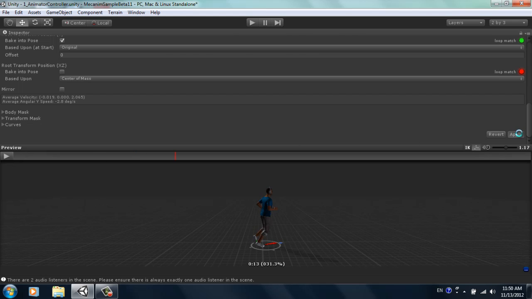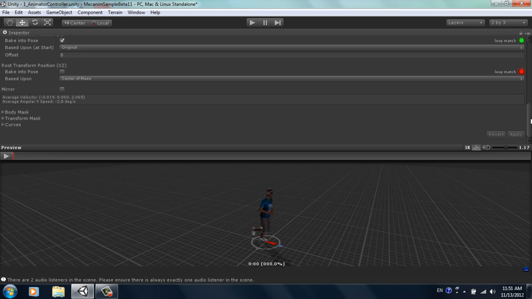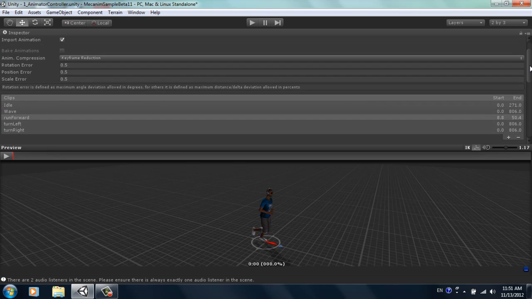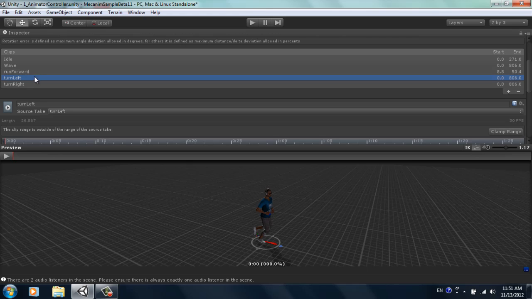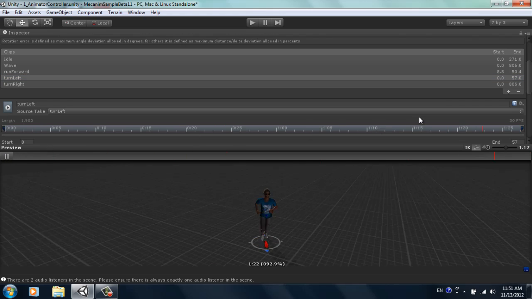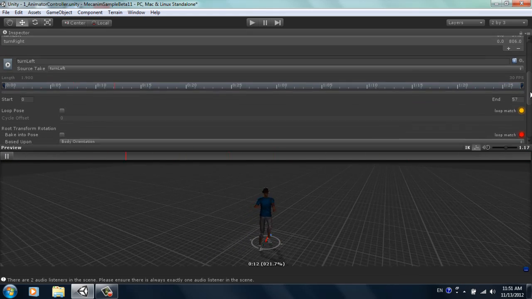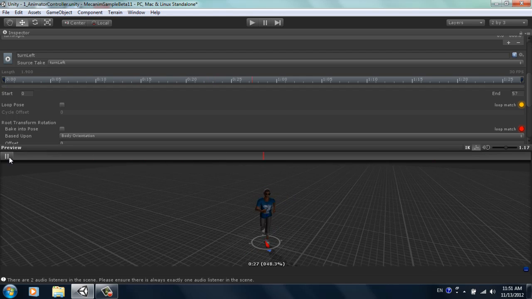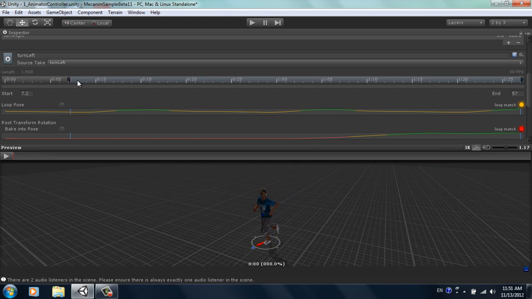Now for the turn left and turn right. These ones will be fairly similar, for the range anyways, because as you can recall, I pretty much have the same starting position for all of my runs. So if I select turn left, for example, you'll see that I want to clamp range, of course, first. And if I press play, of course, you'll have the same jitter that I had before. So I'm going to select about